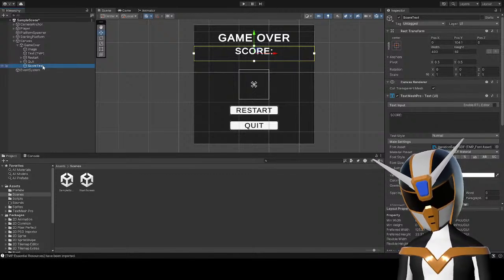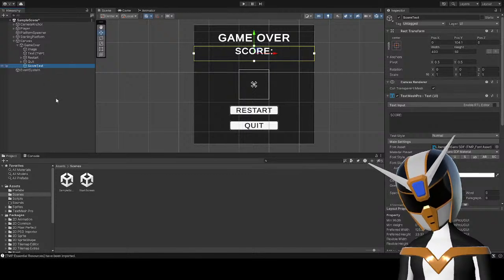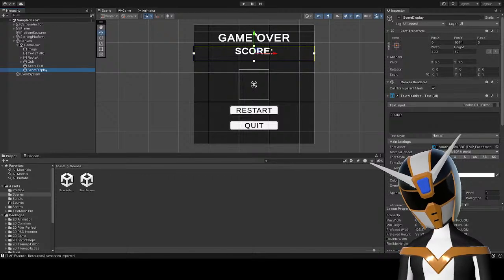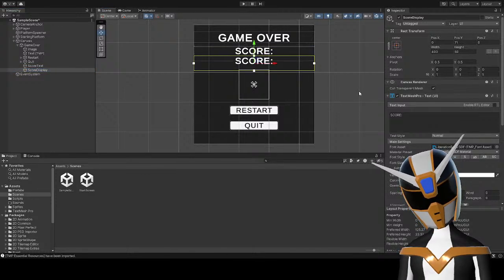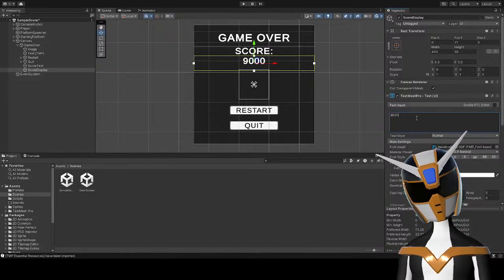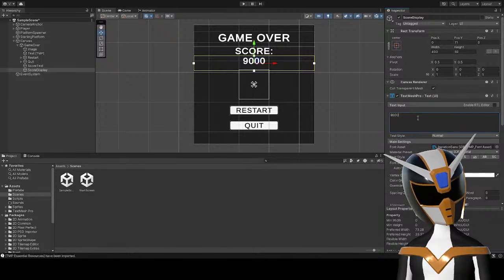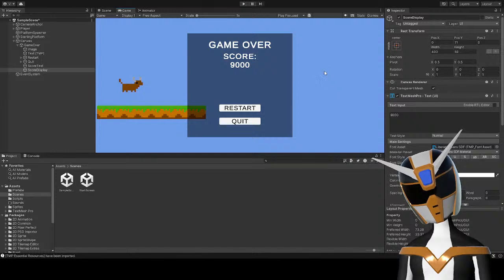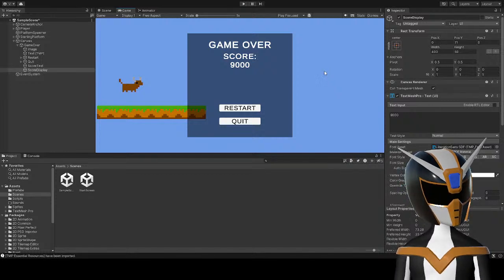And then next line down, I'll have this one called score display. This here will say your score. Yeah, that's what the screen will look like for now.